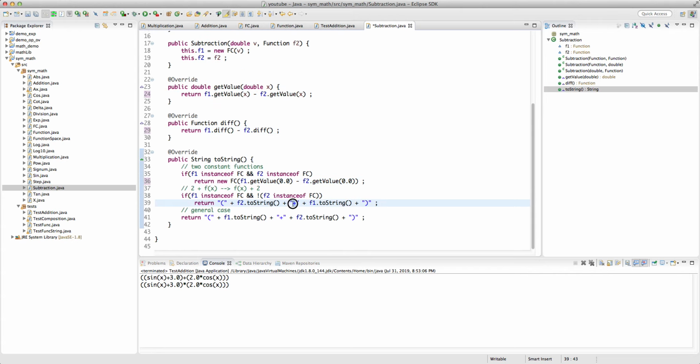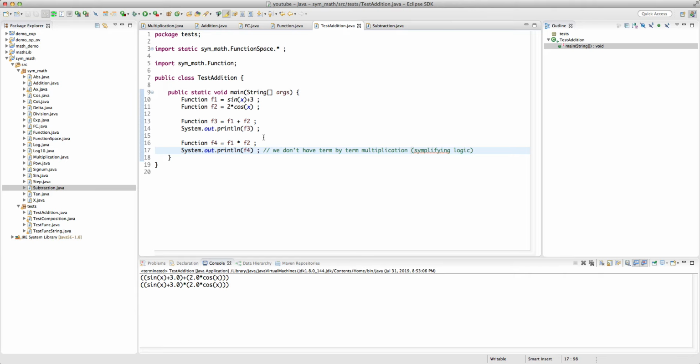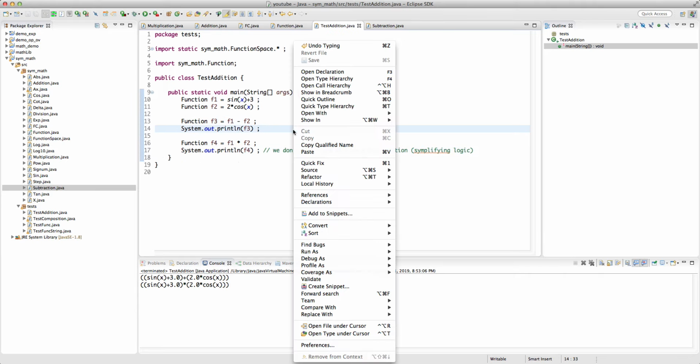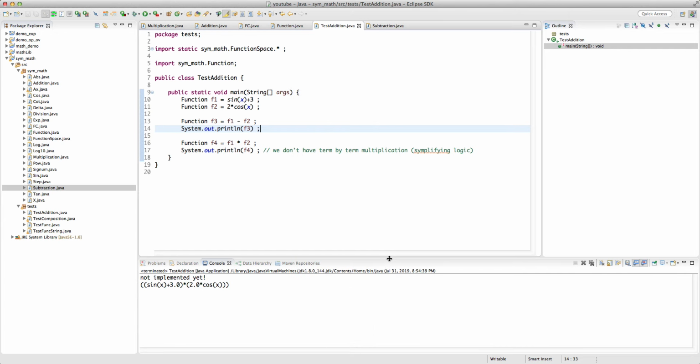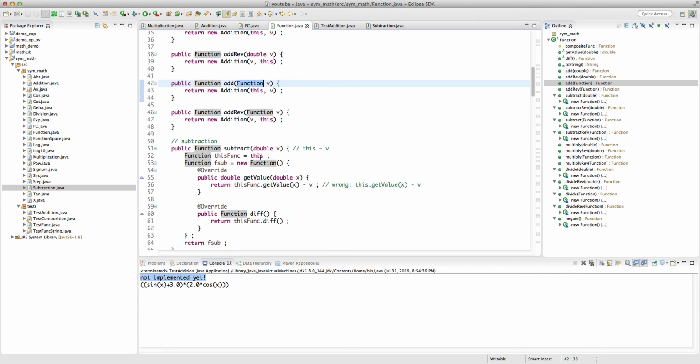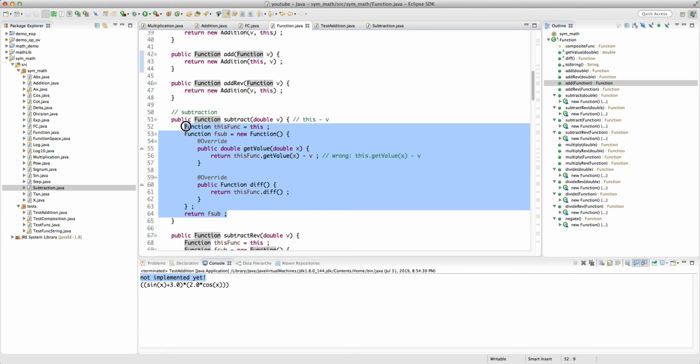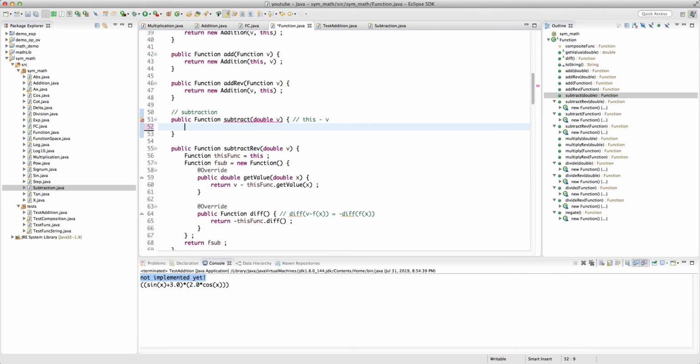Here we subtract. Okay, and then if I go here and do negative here, this test should fail, not implemented yet. And in order to implement it, we go into the function and do the subtraction, new